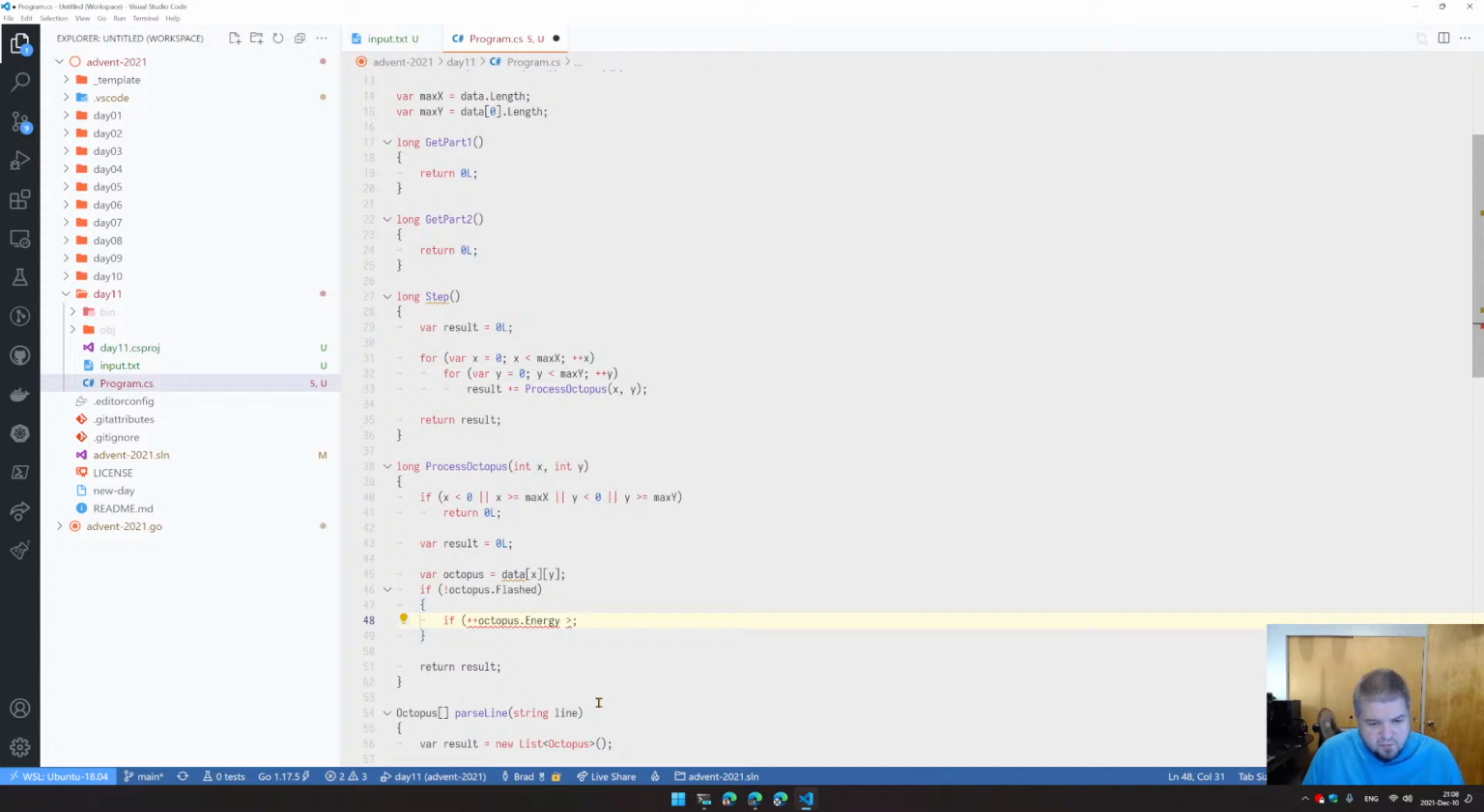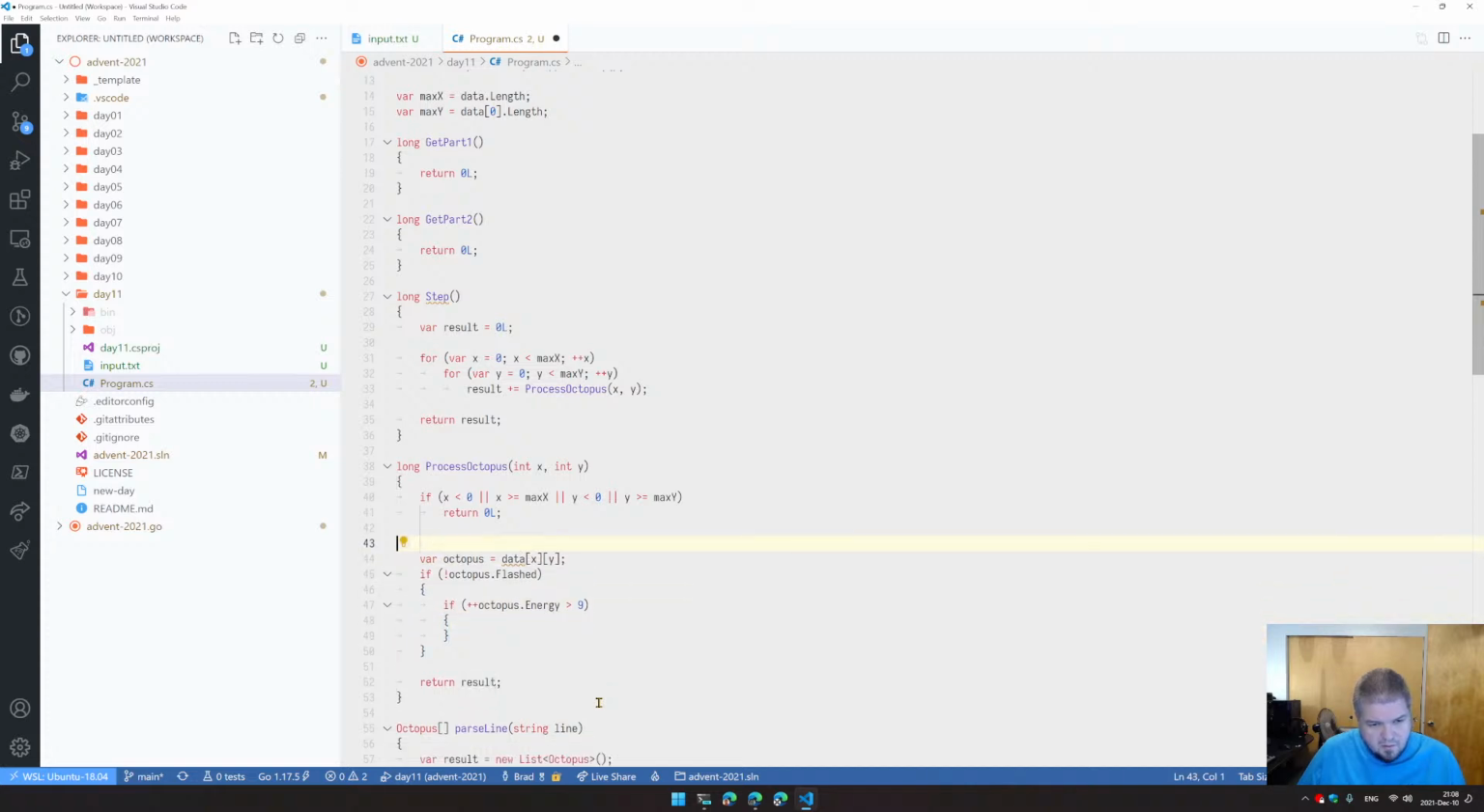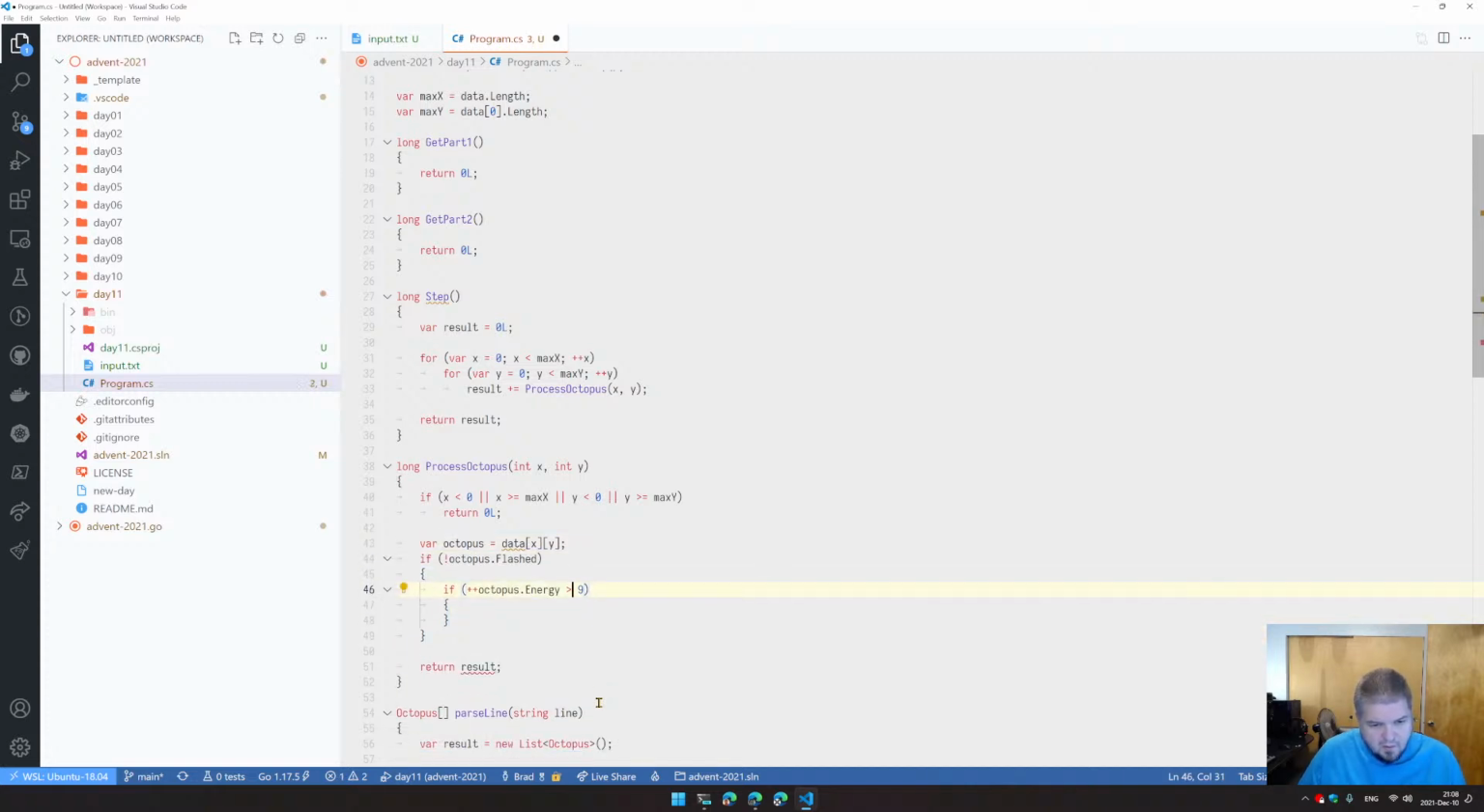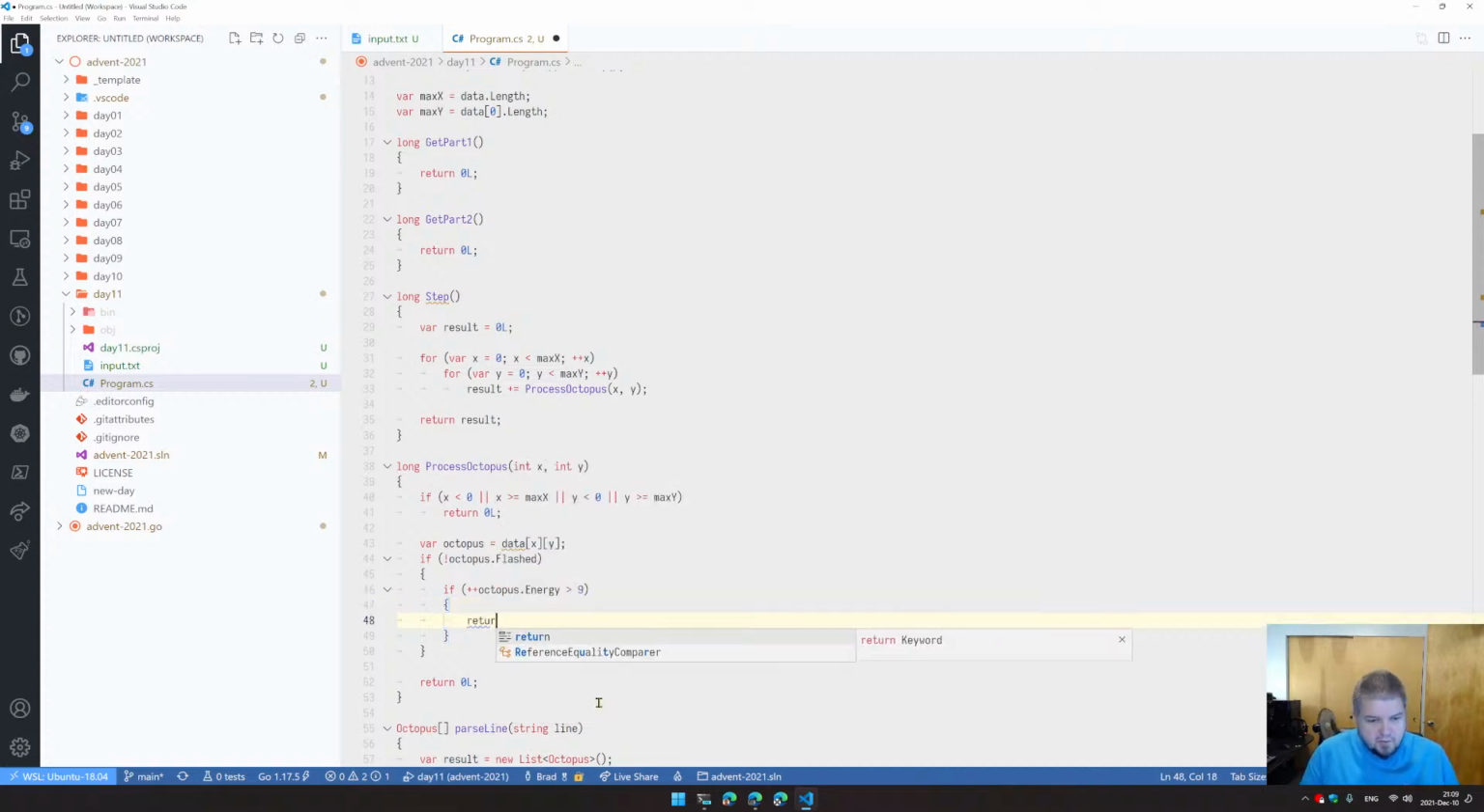If the energy is greater than 9, then you're going to stay there as 0. If your energy is more than 9, then we're going to return 1. And we need to process